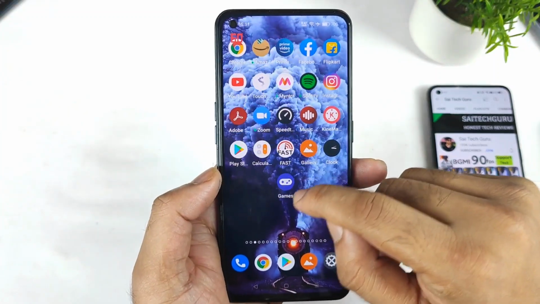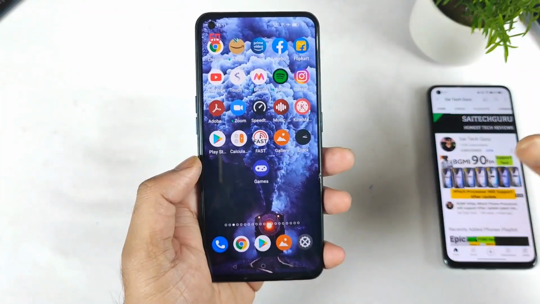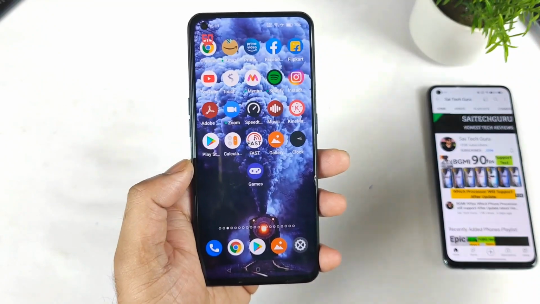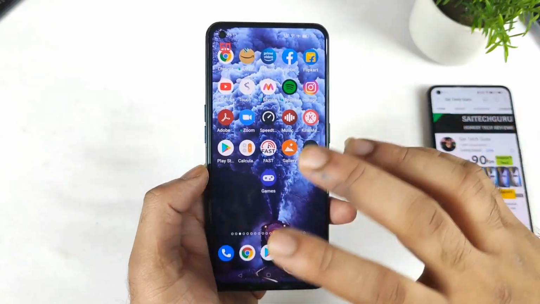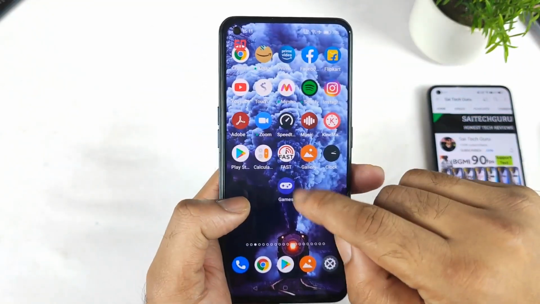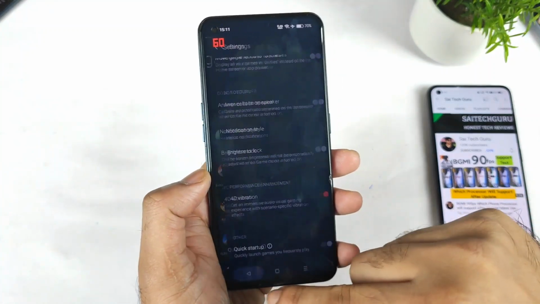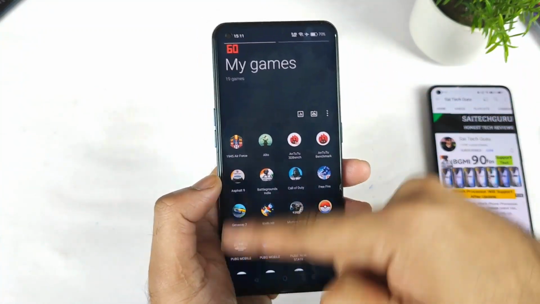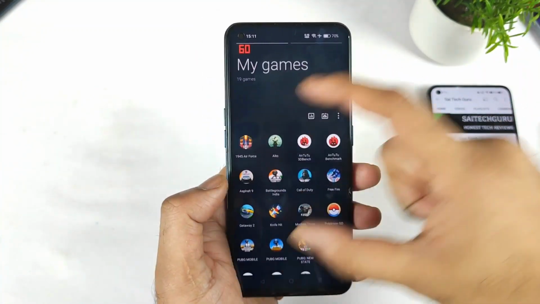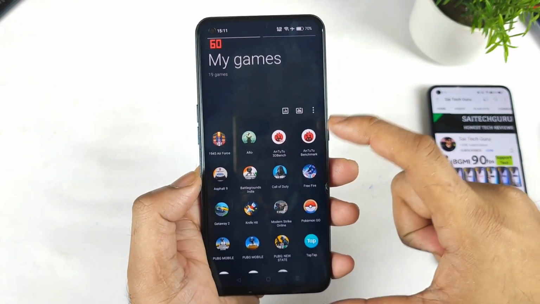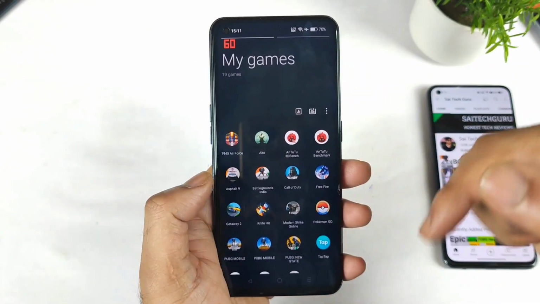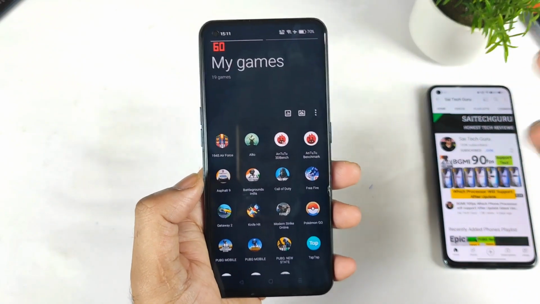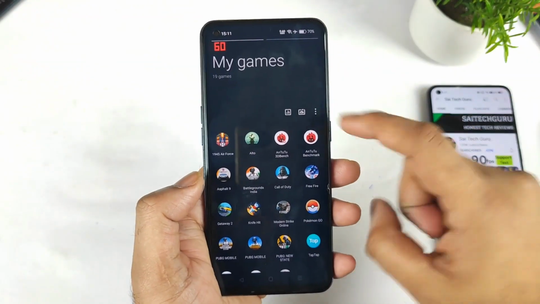So this is the Game Space which has been completely redefined. Everything has been changed, friends. It's nothing like before, it's completely changed. Even the icon got changed. Once you open this application, the layout also got changed. You will get a different layout, which is similar to the OnePlus Nord 2 layout, because now all the colorways are kind of the same, so that's the reason they might be able to use it.